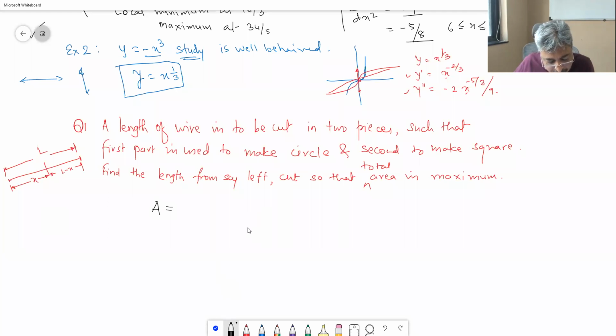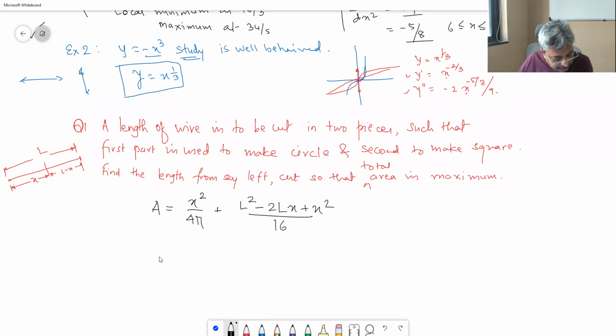What will come as the first area? x square upon 4 pi, right, is the area of the first part, and the area of the second part is what? L square minus 2lx plus x square upon 16. That is L minus x upon 4, bracket square. So this is your area function,